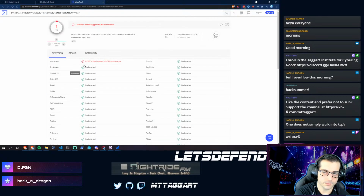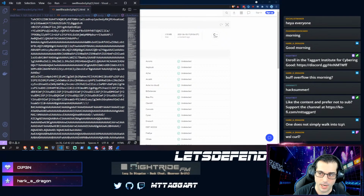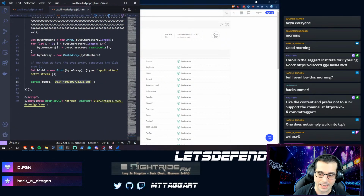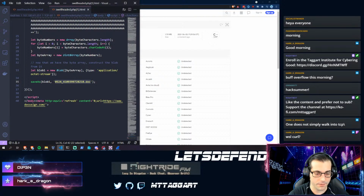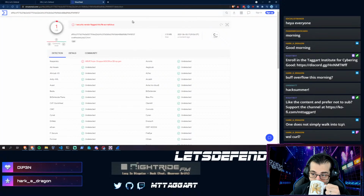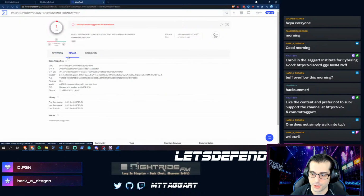Hark, curl's not going to work because this whole thing is working in JavaScript, right? I have to have a browser render the JavaScript in order for this code to execute and the document to be created. So I can't use the normal command line tools. I could use something like Puppeteer if I wanted, but I really don't feel like it. So, interesting. Kaspersky flagged it, but it's not actually...